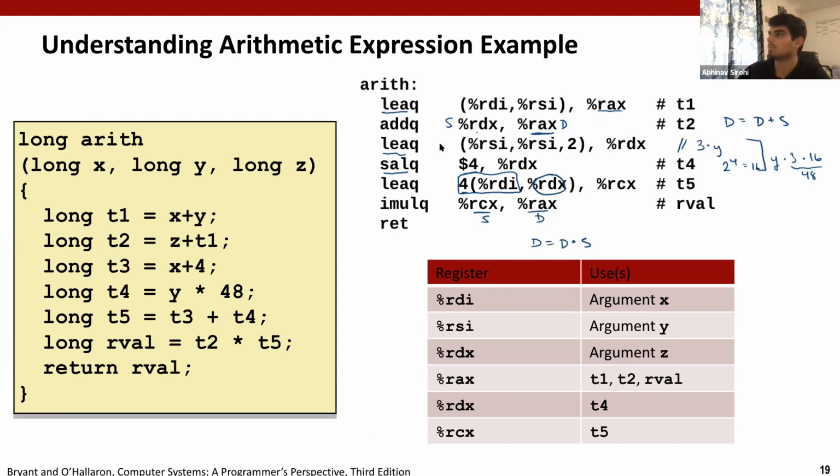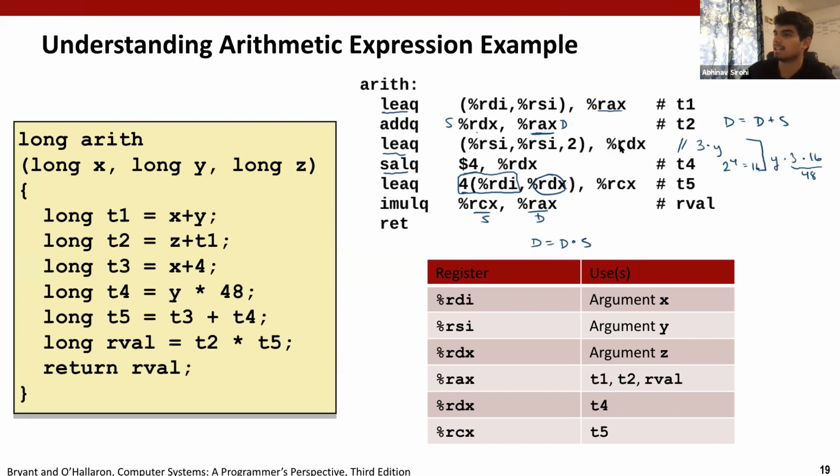And then we call lea again. And this time what we want to do is this third step here, which does X plus 4. But we're not actually doing that yet, and you'll see why. So right now, we take Y, and we basically multiply it by 3, because we do 2 times Y plus Y, which is the same thing as doing 3 times Y, and we store that